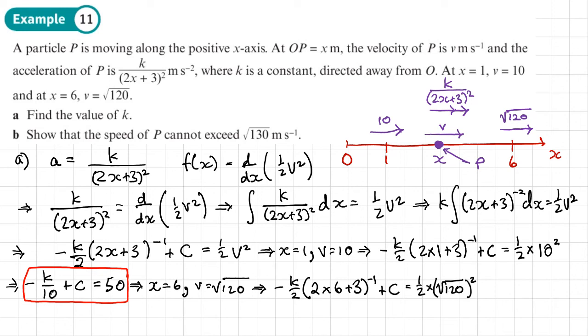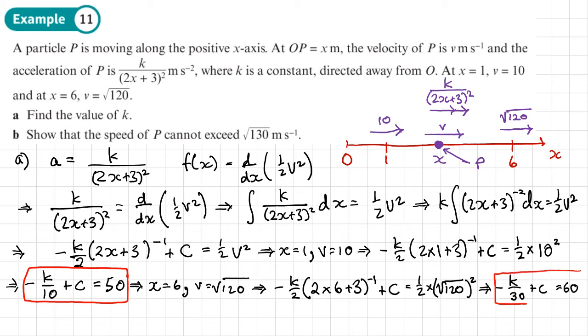So working this out, we've got 2 times 6, which is 12, plus 3 is 15, to the power -1 is 1/15, times that by the -k/2 will give you -k/30 plus c, and then the square root of 120 squared is 120, and half 120 is 60. So this is now my second